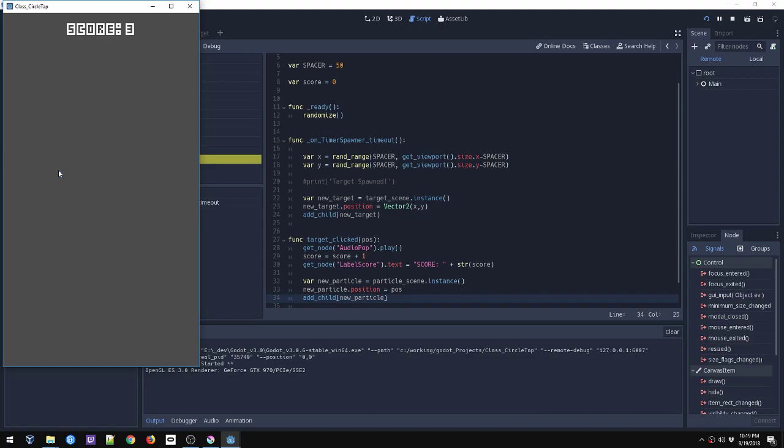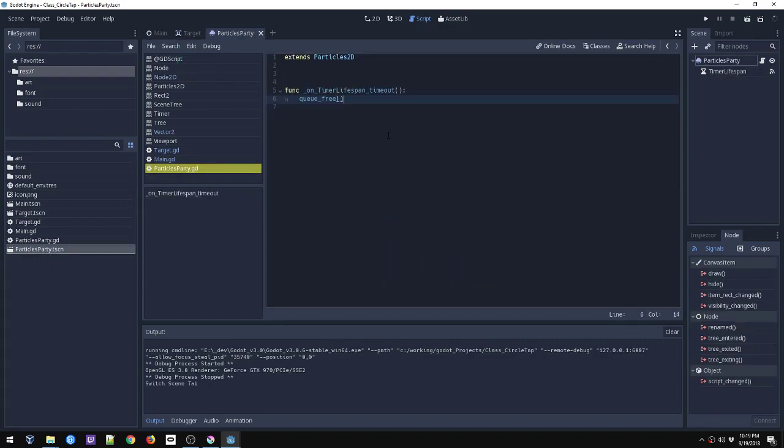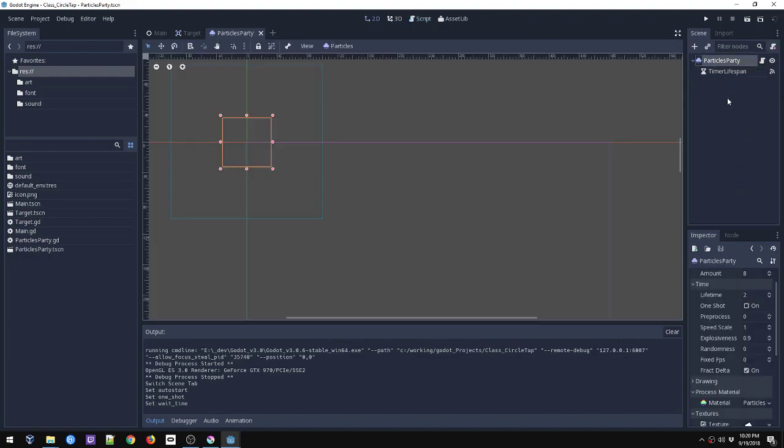Nothing's happening. Alright. Well, let's see what's going on. So party, let's look at this lifespan. One thing, I didn't turn this on. I didn't turn it on one shot, and I didn't set the time. So those are all three things I needed to do. So that'll get done. This is not displaying, which has me a little bit worried. The one shot,